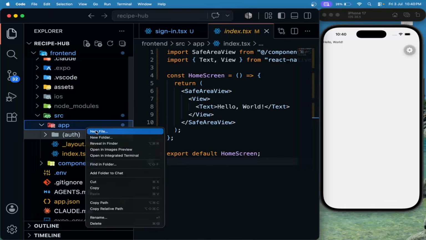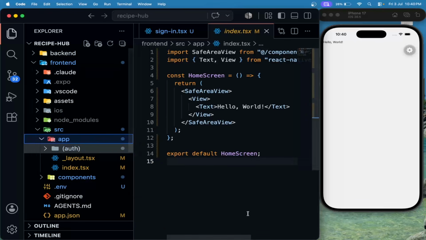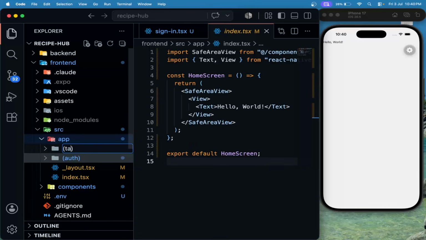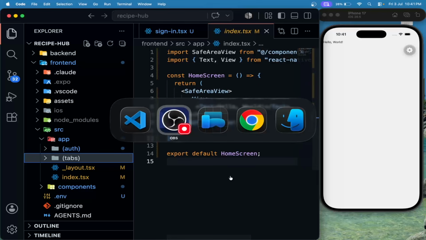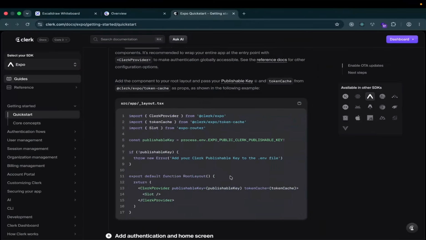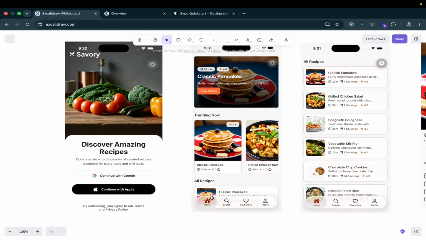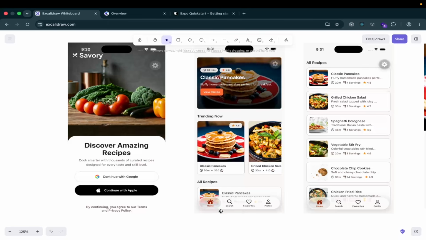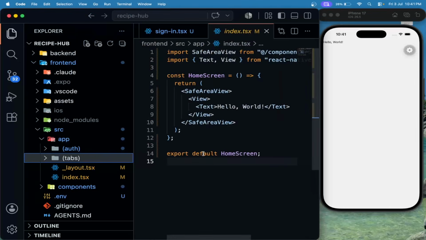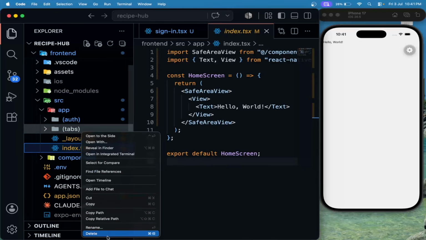Then inside the app, I will create one new folder, tabs. So we are going to have 4 tabs. If you check the design, here we have 4 tabs: home, search, favorites, and profile. So for now, let's create the home screen. So I will delete this index file,